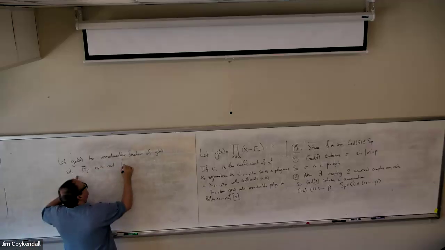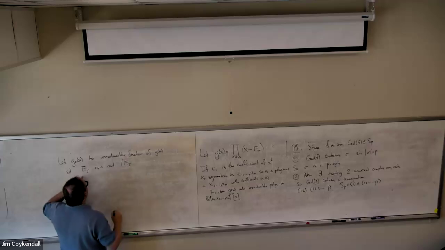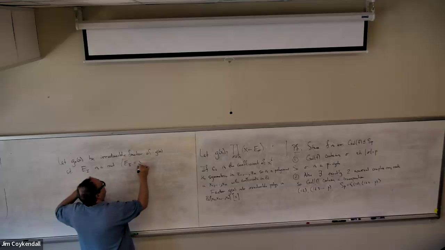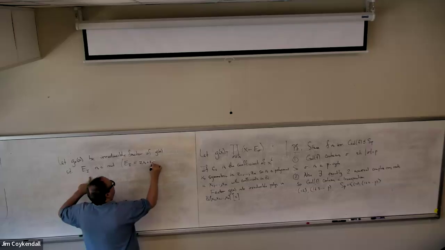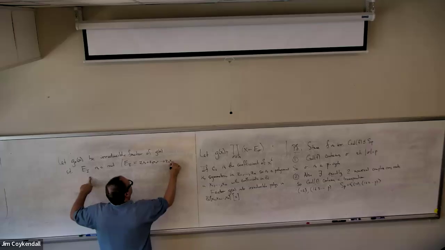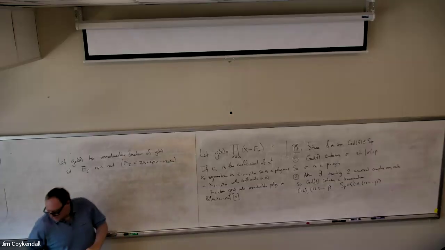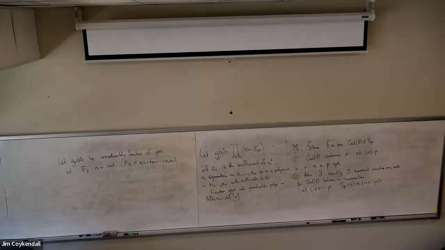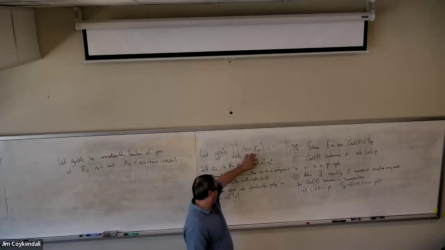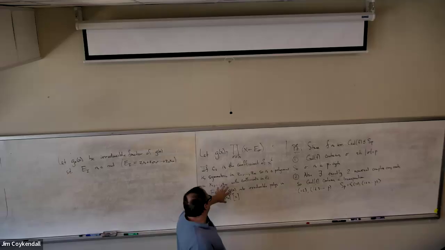And remember, by e sub I, I mean the I is the identity permutation. This was just the one that I pointed out was z1 x1 plus z2 x2 plus zn xn. So find the irreducible factor of g of x of which